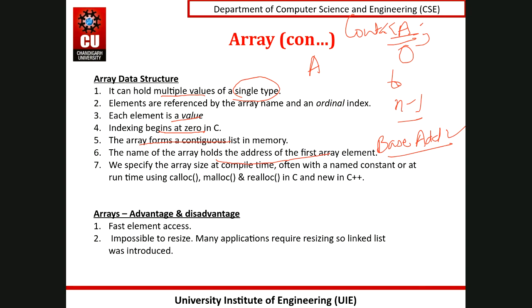So if in our example it was 200, yes, it would be a hexadecimal address. If I write cout A in our previous example, the output would be 200 because the base address was 200. In C, there are a few memory allocation methods that can be used for allocation of the memory. In C++, we have new and delete operator. We'll see it later on when we will be looking at the implementation part of the data structure.